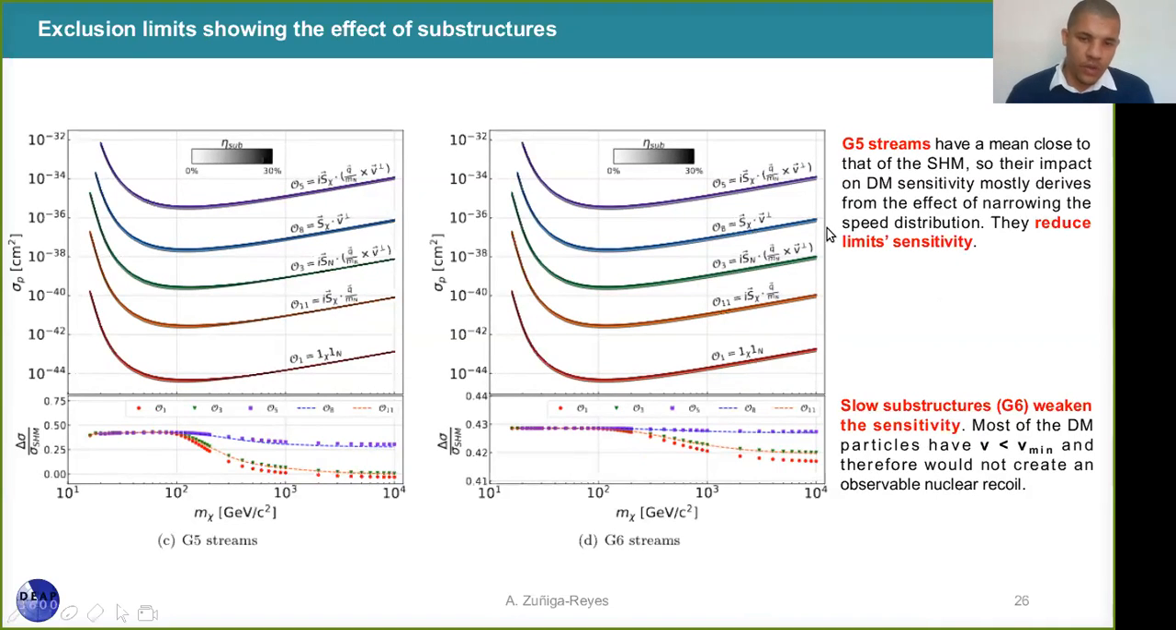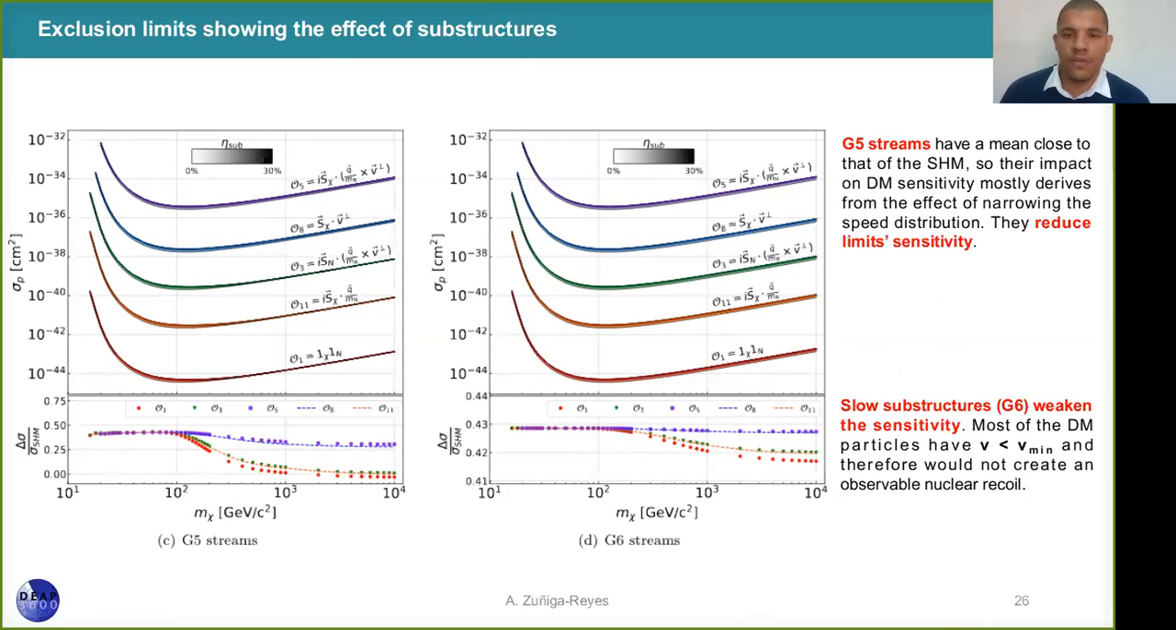For the last group, we have the G5 streams. They have the mean close to that of the standard halo model. So the impact of the substructure is the effect produced by the narrowing in the distribution. And as you can see for the E5 streams, the limit is reduced. And for the last, the slow substructures, they weaken